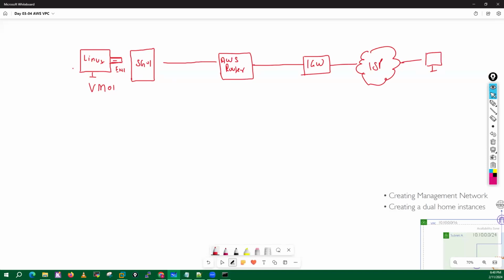Now, let's suppose on this Linux machine, I'm running services on TCP port 22. I'm running HTTP, which is port 80. One more HTTP server I'm running on port 8080. And let's suppose I'm also running one service called FTP, which is running on port 21. So these are the services which I'm running on one of my Linux machines. Okay. Now,